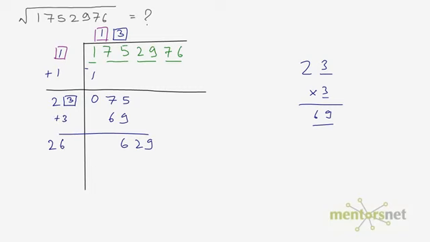Now 26 is fixed. You ought to have another box here. So we have 2 6 and a blank here. So 2 6 some number multiplied by the same number should be closest to 629. Let us try 263 times 3. So 3 3s are 9, 3 6s are 18, 1 carry, 3 2s are 6, plus 1 is 7. 789 is bigger